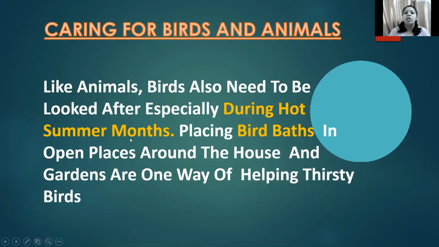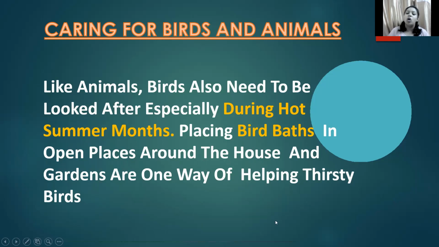Okay. Now, caring for birds and animals. Like animals, birds also need to be looked after, especially during hot summer months. Placing bird baths in open places around the house and gardens is one way of helping thirsty birds.